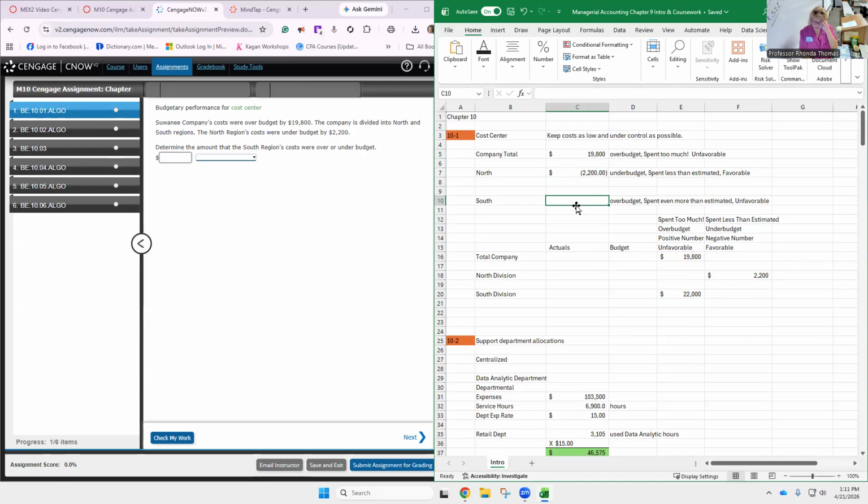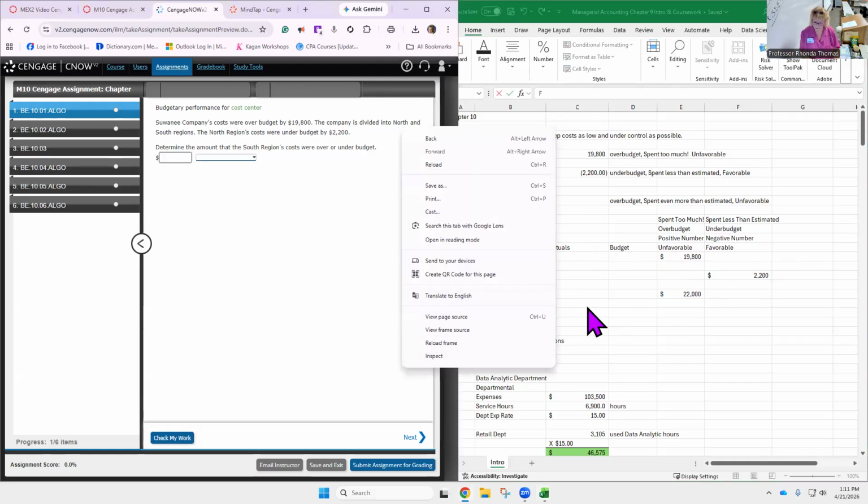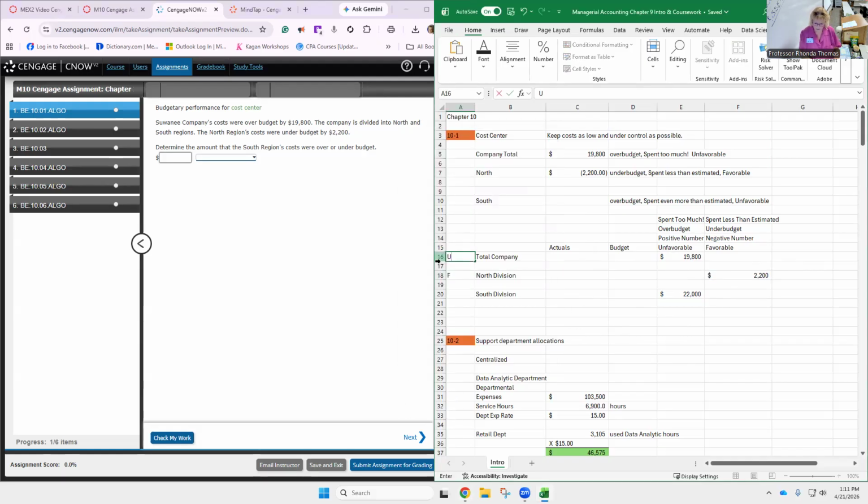So it's really the South is the biggest problem because the North actually has favorable results. So one more time, favorable, unfavorable, and unfavorable. The problem with that is this unfavorable represents both of these, right? So it's not unfavorable for both. It's only unfavorable for one. Okay. All right. So the amount is, we want to